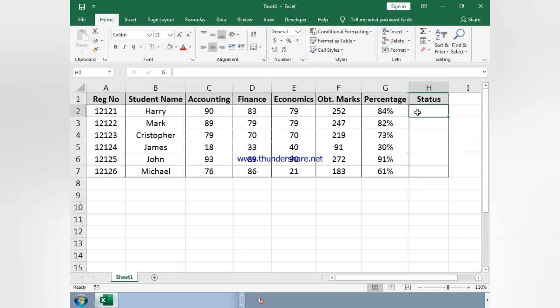Now we write the nested if loop. First we start from equals to, IF bracket open, and we select the percentage box, like G2 greater than or equals to 90. For 90 we write 0.9, comma, inverted comma, A, inverted comma close, comma, then again write IF bracket open, then again write the same address, which is G2